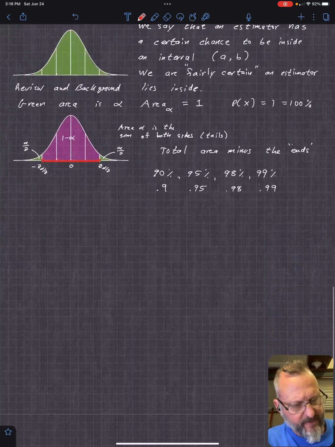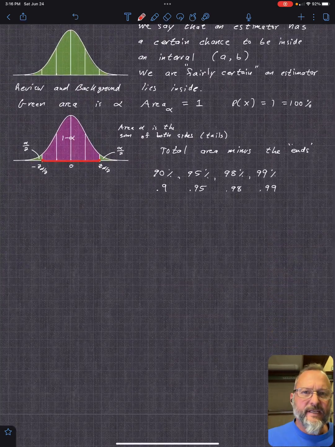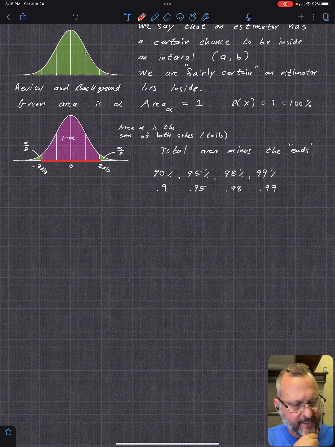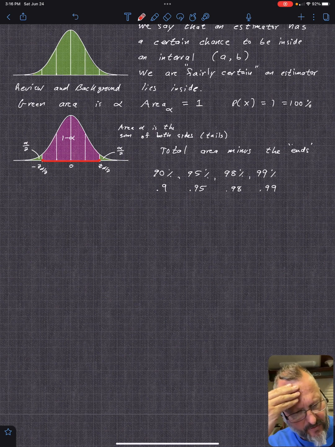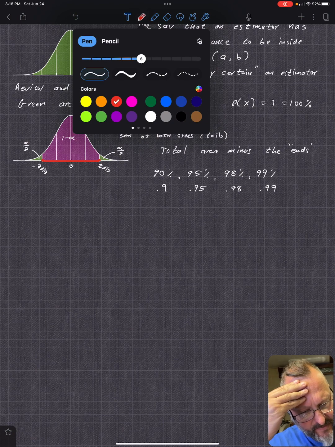And so we will say it's 95% likely that the mean, or whatever statistic you're looking at, lies in that interval. Okay, so the way you describe that is